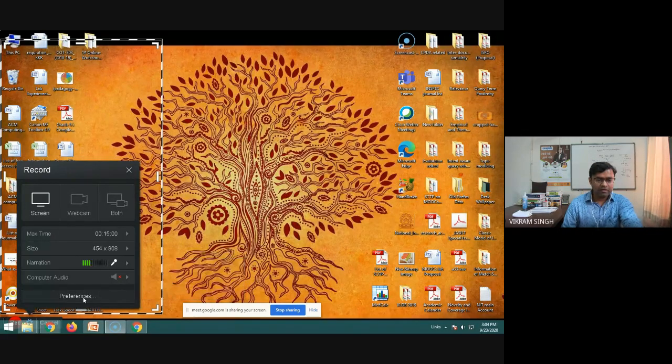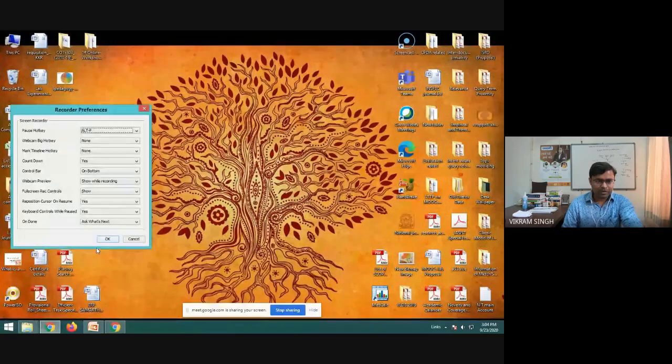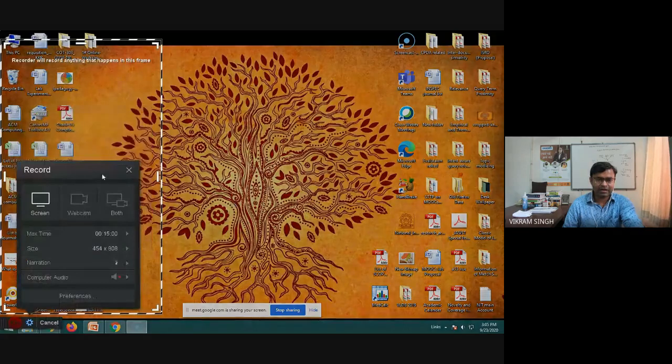Now, if you go to the preference option, there are some hotkeys available. Hotkeys means shortcuts to perform during this recording. Like for the webcam, you can have a default setup, or you can configure it by your own means, right? So it can have a webcam preview. A lot of these are default settings. You can change these settings as per our convenience, and we can create a kind of setup.